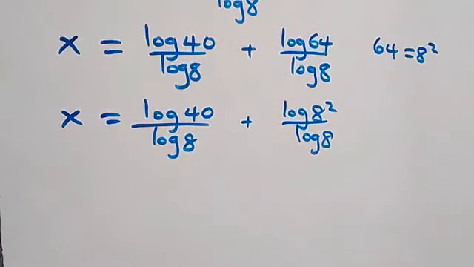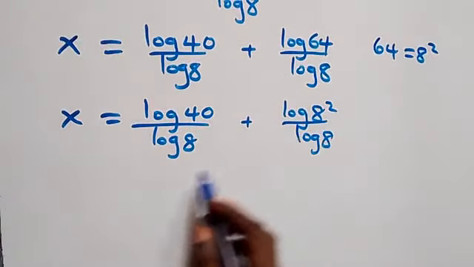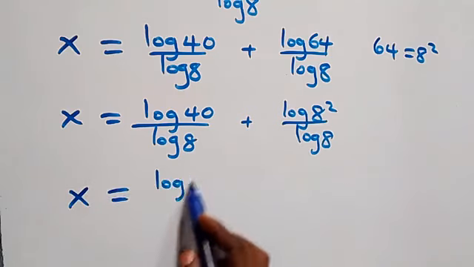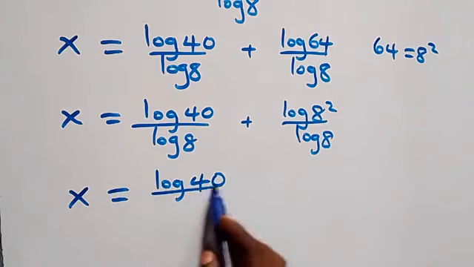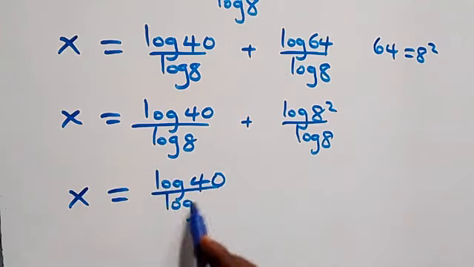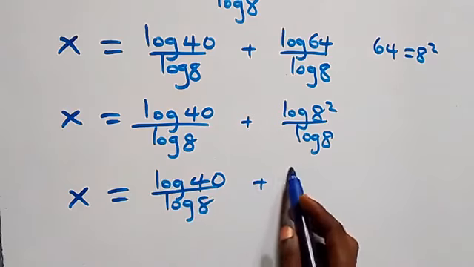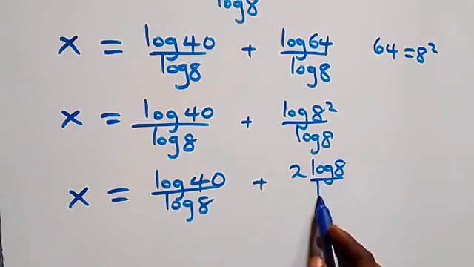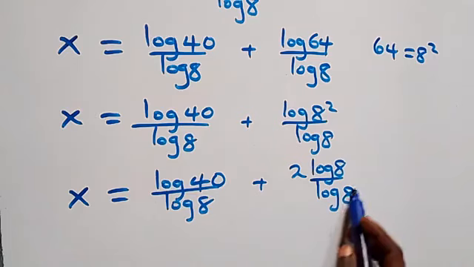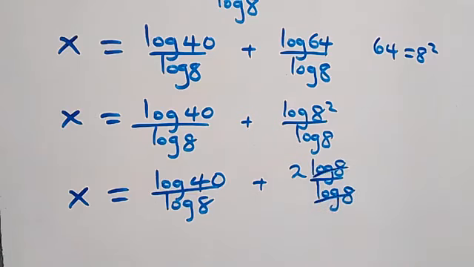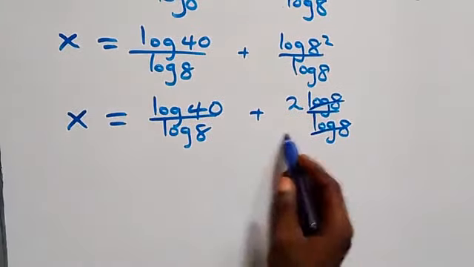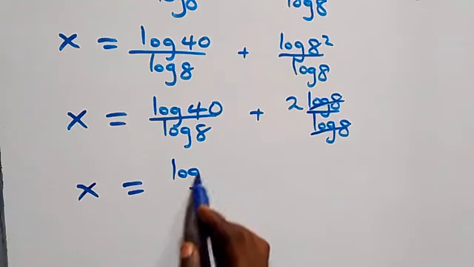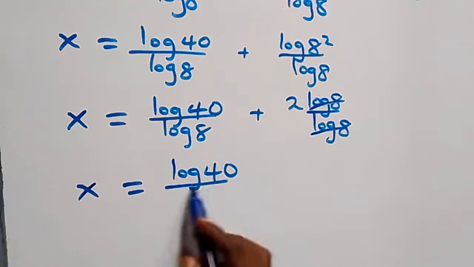Then here we apply the power law of logarithm. 2 comes here, and what we have becomes x equals log 40 over log 8 plus 2 log 8 over log 8. Then here, log 8 cancel each other. We have 2 left here, and we have x now equals log 40 over log 8